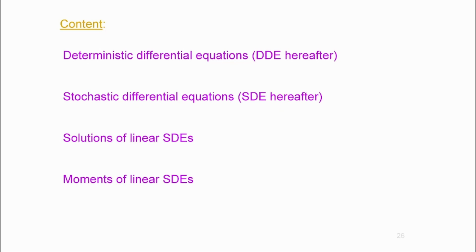So if you understood the last lecture, you are going to understand this one. There is nothing basically new. I'm going to put those things together, and that's going to be it. Fubini is going to be there, and that's pretty much it. But Ito's lemma is going to be important. Now, I'm going to start with the deterministic ones.